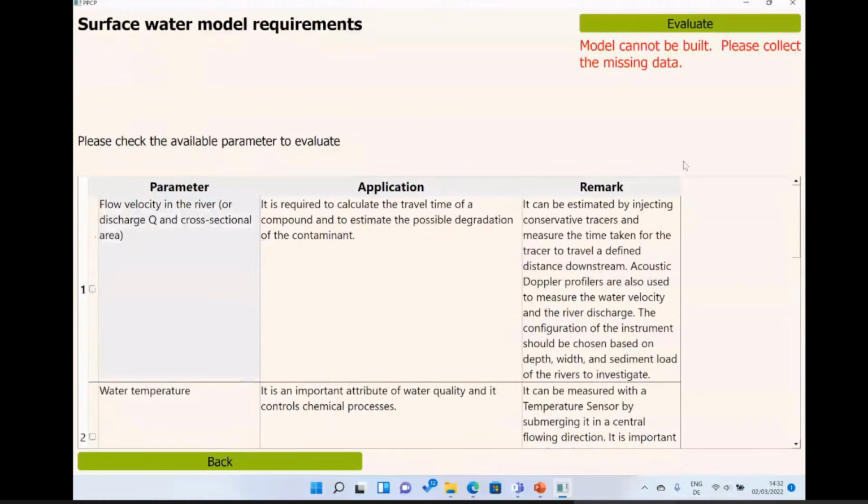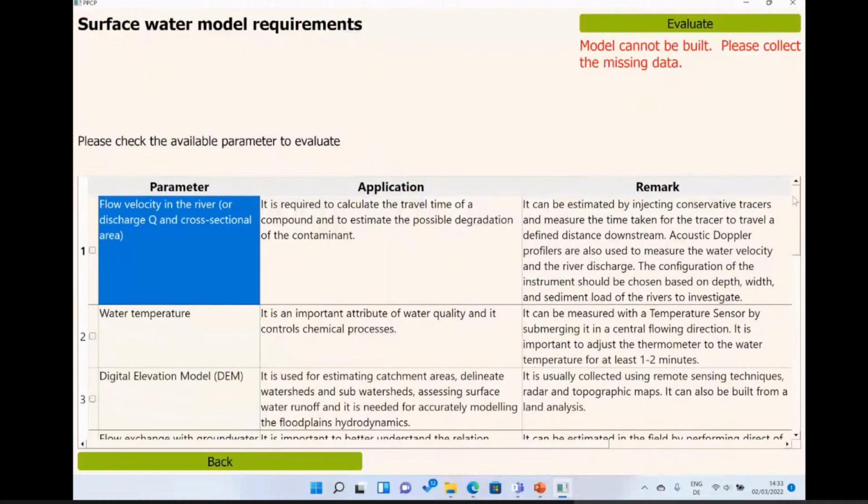Please collect the missing data. That means we have to collect the missing data. I would say that's a very first-degree solution to this problem, that at least we know which parameters we need. But obviously there's the secondary problem, that is how can we collect this data. And here also modePROCON shows you a remark or solution on how you can collect this data.